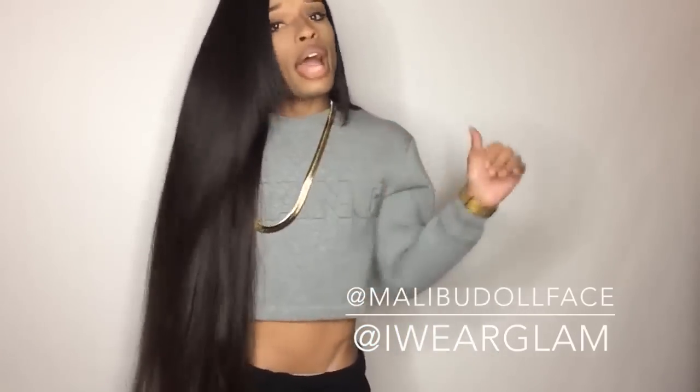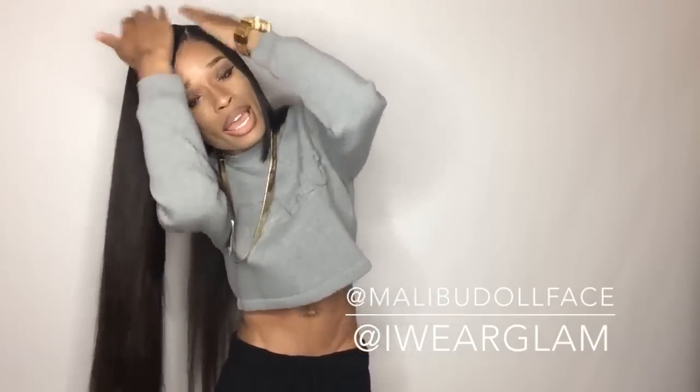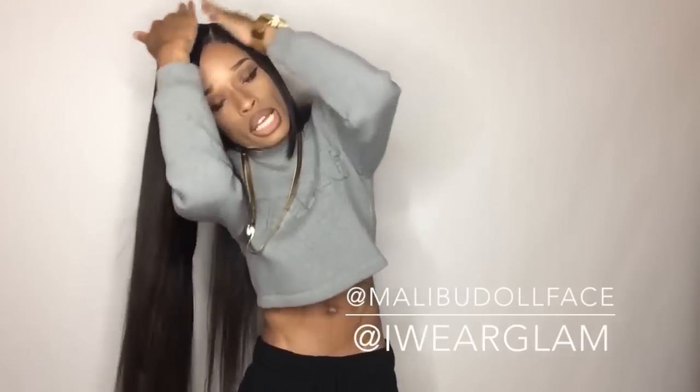So just find a stylist who can install this correctly, because no matter how beautiful the bundles are, how much luster is in this hair, if it is not cut right and not installed right, it is going to look like a hot mangy mess. Especially when hair is so long, you want the part where your closure is to lay down. You do not want to end up with a big, thick Tierra Marie / Hazel E bump. That's not cute, okay? So make sure whoever is installing your hair with a closure